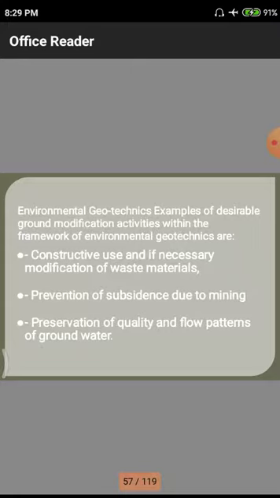For that, we need to stop some of the mining by using reusable materials which are coming from the construction scraps and others. Next point is the prevention of changes in the quality and flow patterns of groundwater. Suppose we have a huge amount of structures using a binding material such as cement. In a lot of structures we are using cement as a binding material. For the preparation of cement we need lime and calcareous materials, siliceous materials and argillaceous materials.